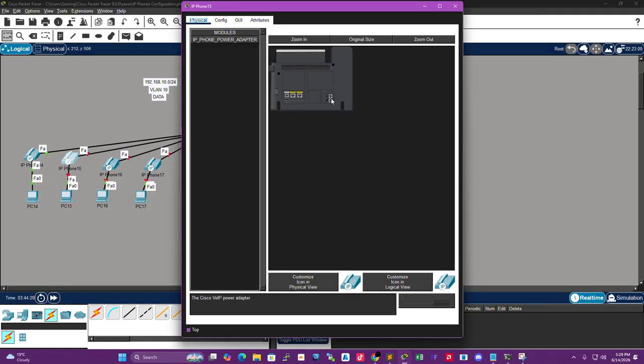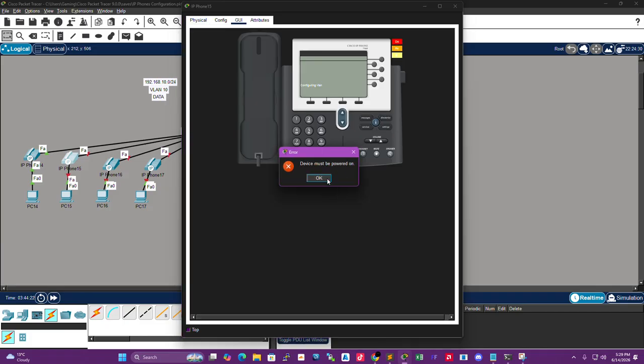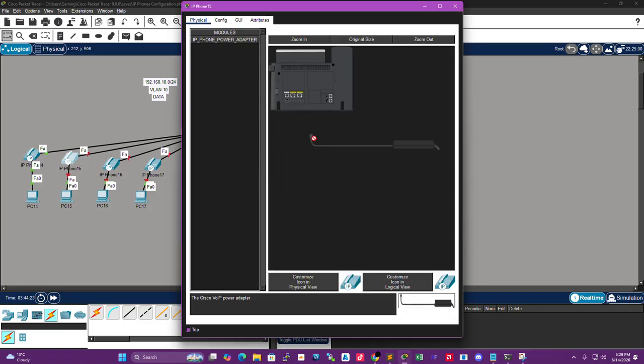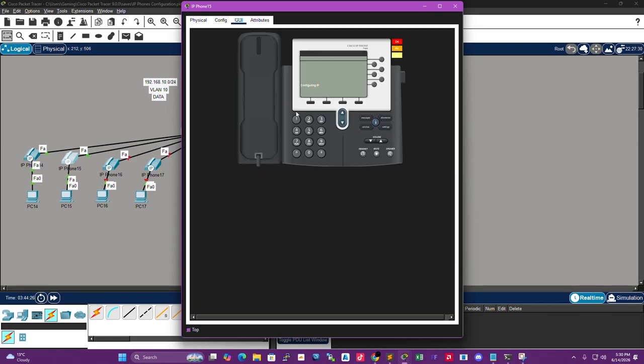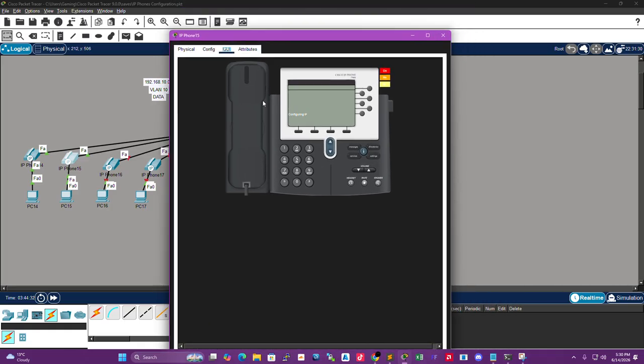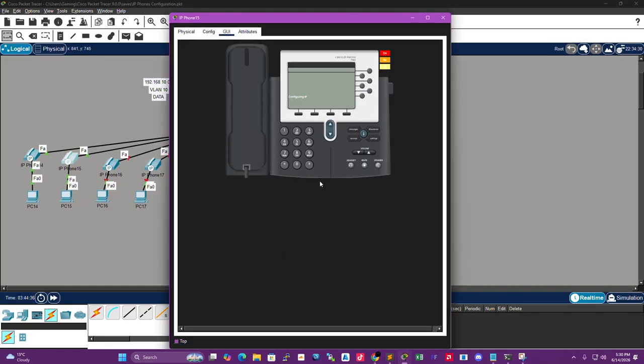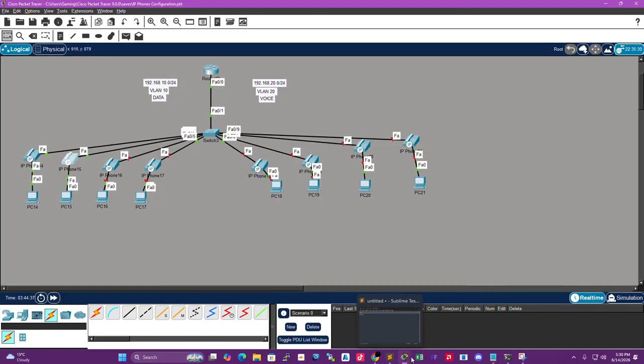If I go to this phone, this one is still off, but I'm going to power it on, and then you will see the difference: it's not going to show so much information because we haven't configured the secondary number that can be used. As you can see, there's nothing showing at the moment, but you will see as soon as I go to